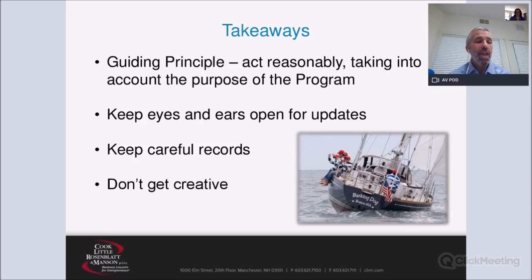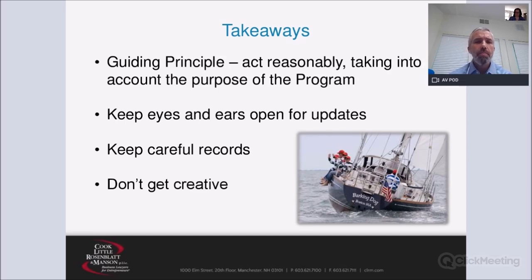My guess is they're going to try to be as consistent as they can and generally look at those applications with somewhat of a light touch because they feel as though they're entitled to rely on the documentation as presented. So they'll probably add up some numbers and try to confirm that the documentation they got is authentic. But much beyond that, my guess is they're not going to do too much. But I do think they're going to want to have one set of rules that generally applies to how they oversee that review process, so that they're not put in a position of being accused of treating different lenders differently.